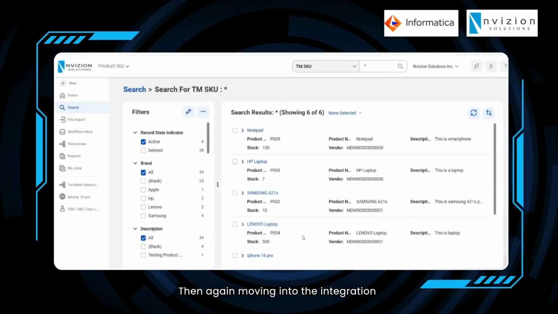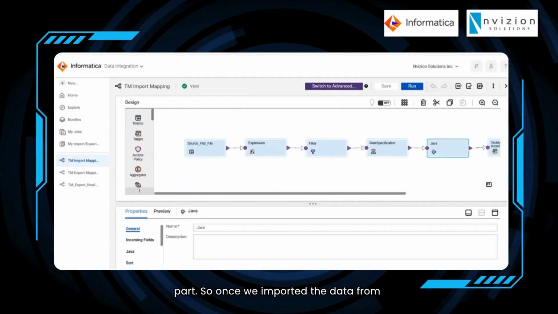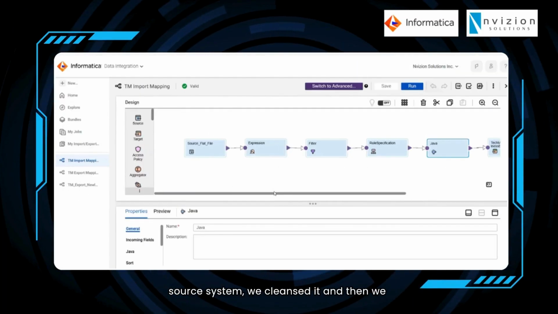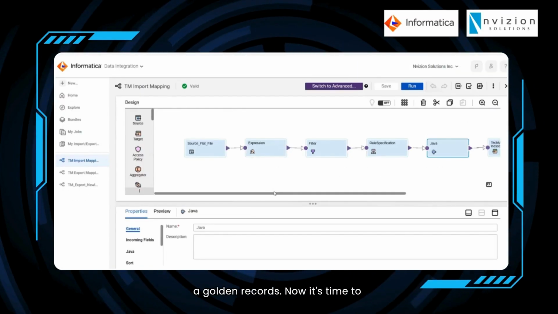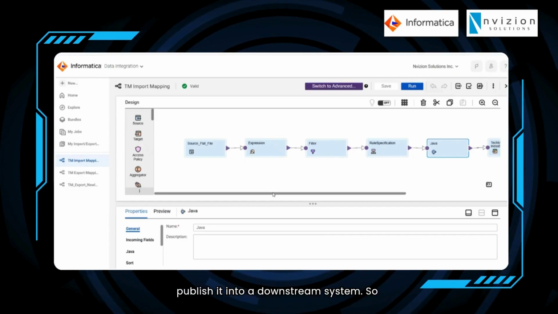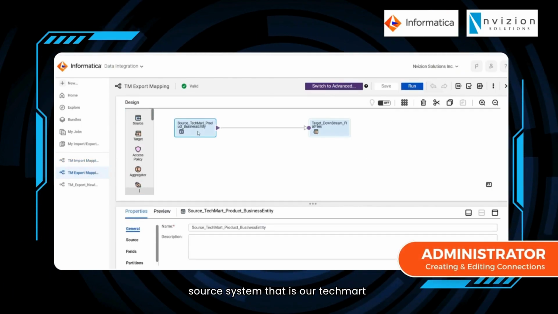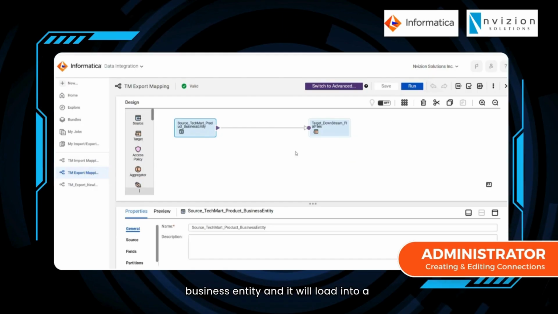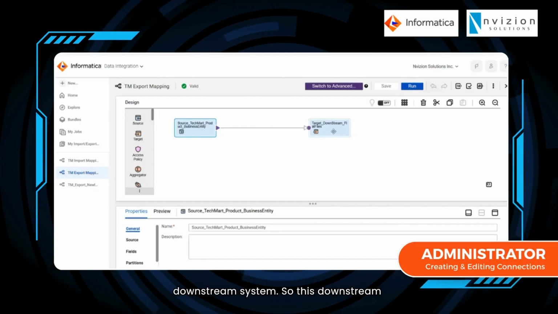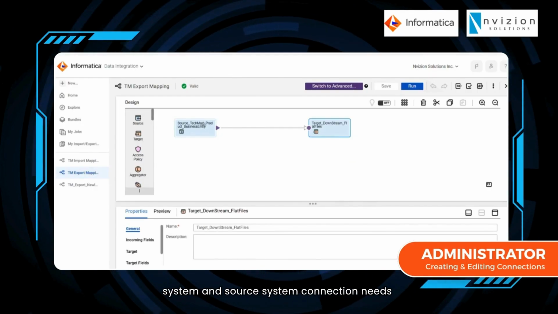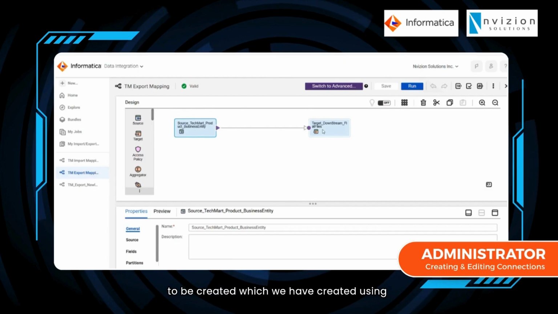Then again, moving into the data integration part. Once we imported the data from the source system, we cleansed it, and then we removed the duplicates, and we have created golden records. Now it's time to publish it into a downstream system. So for that, we have created another mapping. That will take our data from a source system, that is our TechMart business entity, and it will load into a downstream system. This downstream system and source system connection needs to be created, which we have created